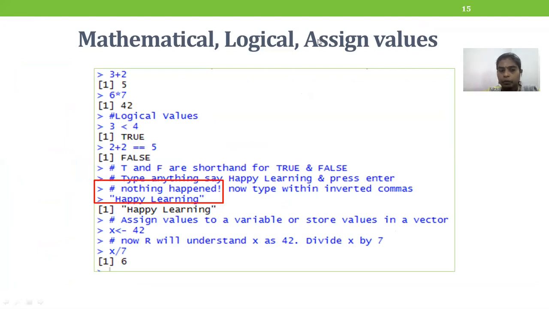Now, how do you execute the logical operation? So what do you mean by logical operation? Checking some condition. What are the conditions generally we'll check? We'll compare two numbers, whether they are equal, whether they are bigger, right? And sometimes we will try to do some logical operations also, right? So how can we do that?